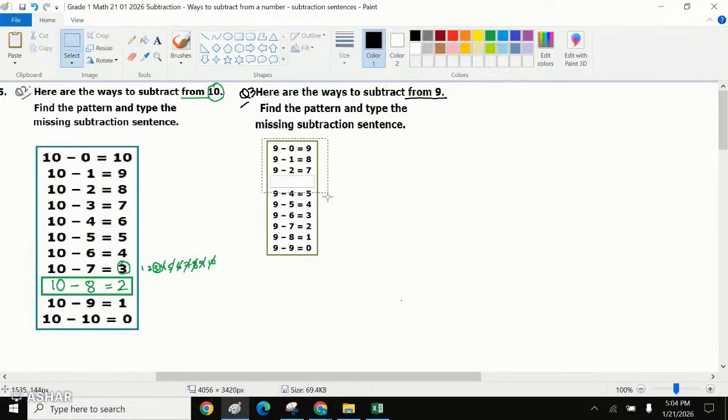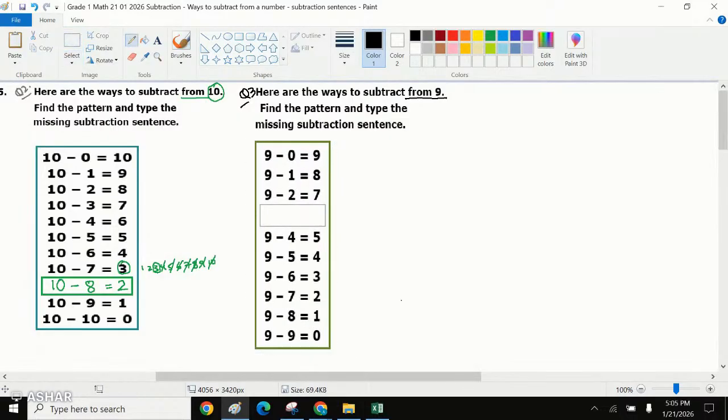We are doing subtraction from 9, and what they are saying is we are missing this sentence over here. So 9 minus 0 stays as 9, right? Or 9 minus 2, that means if we have 9 minus 2, it should be 7. Let's write down 9 numbers: 1, 2, 3, 4, 5, 6, 7, 8, and 9. If we subtract 2, that means we are left with a 7. Similarly, this would be 9 minus,